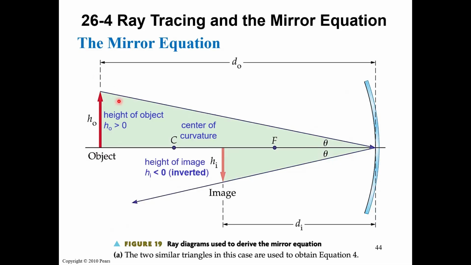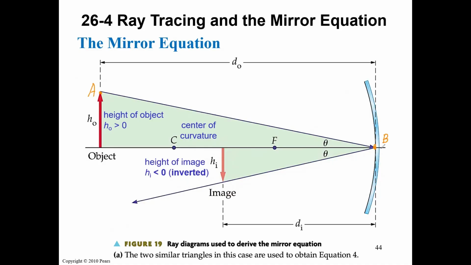Let's say we have an object in here. This is the red object. It has a height of h sub o, where o means object, and we put it in front of this concave mirror. As we know, this object will form an image somewhere, and the image is going to be inverted. So if we connect the point A of the object and